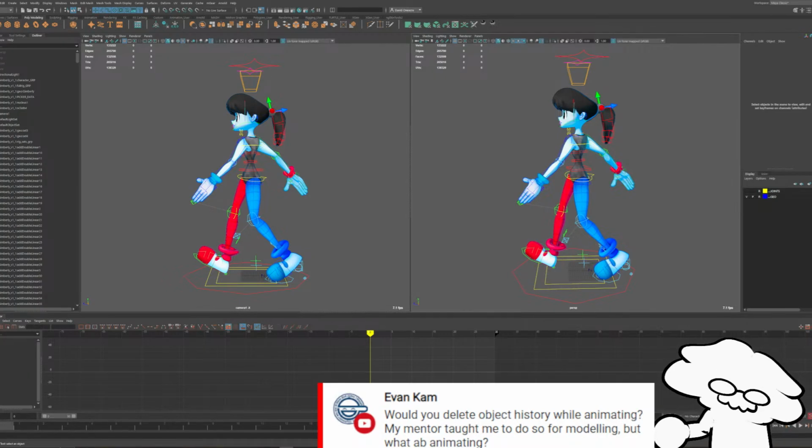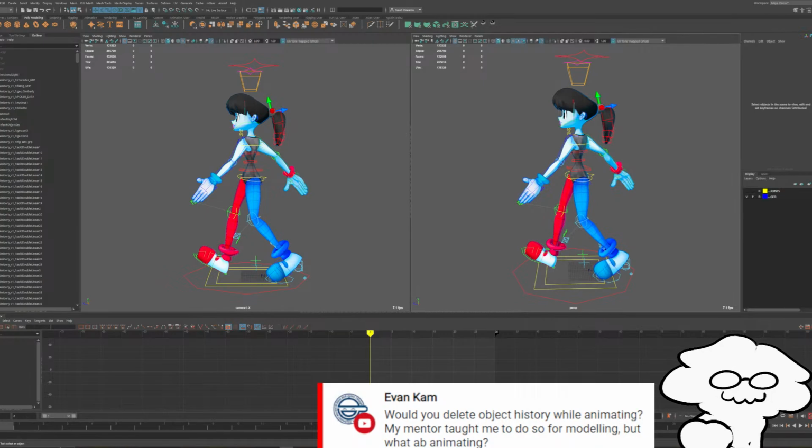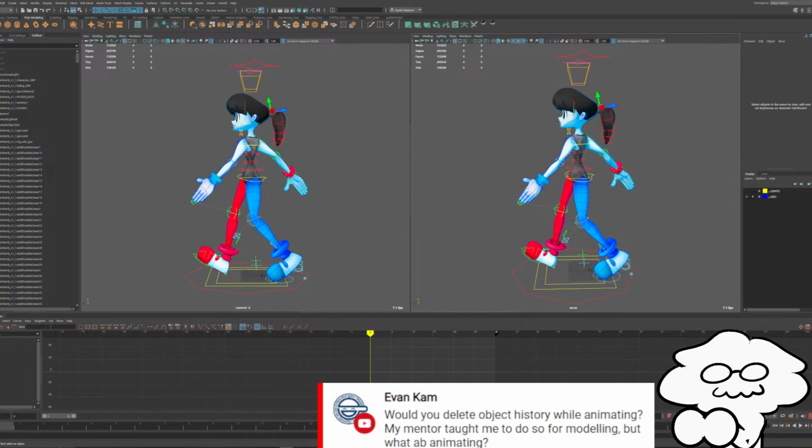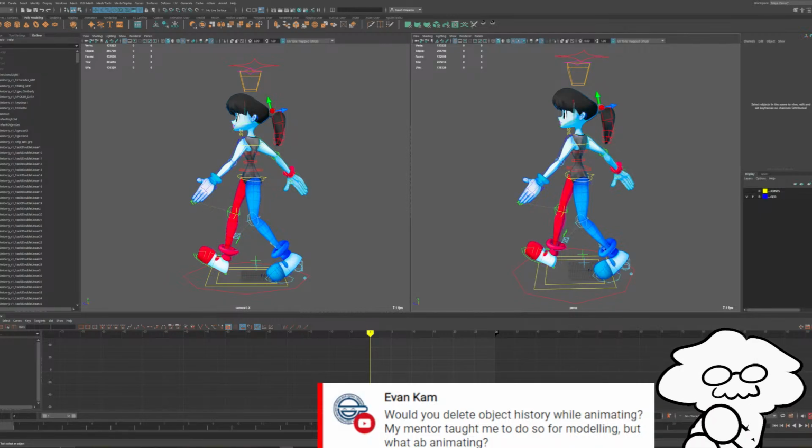And if you are working with a rig that has a skin and everything, and it's not referenced in, if you delete history, it might delete the skinning and parts of the rig that need it to function. You really only need to delete history for modeling, UV editing, and some texture stuff. But for animating and rigging, generally you don't need to. If you're setting up the controls for rigging, you would want to delete history and some other things.